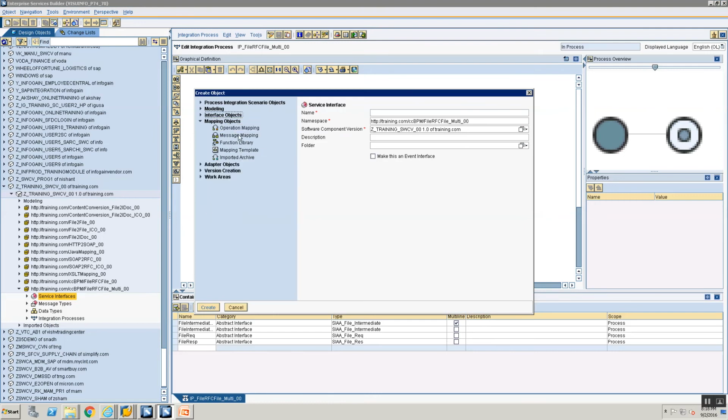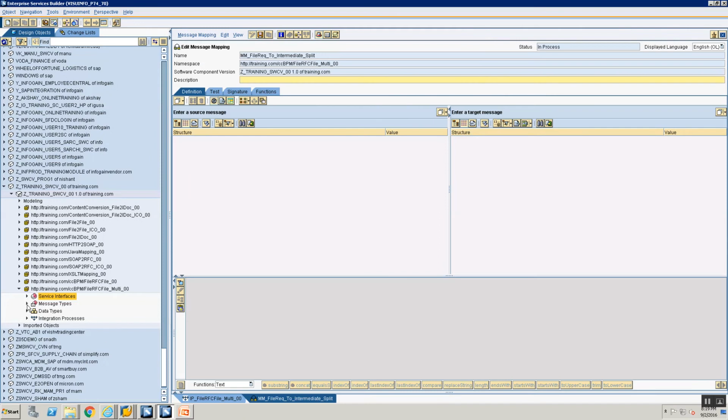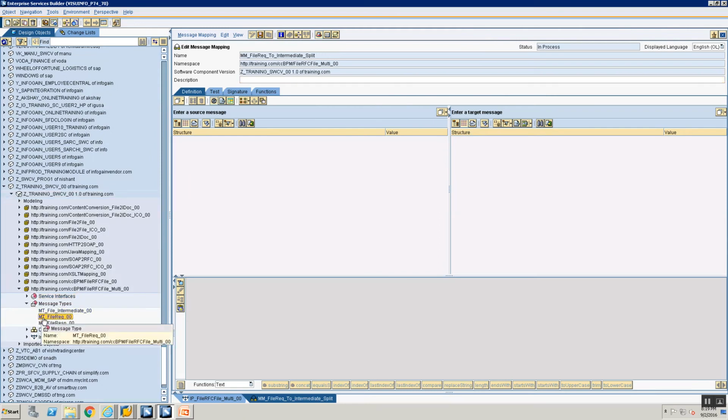There are two mappings that we will be defining. The first mapping is going to be the mapping that is going to be splitting the file request to the intermediate structure that is going to get split. Okay, so the file request is now going to get mapped to the intermediate structure. So my message type here is going to be the request structure and the response structure is going to be